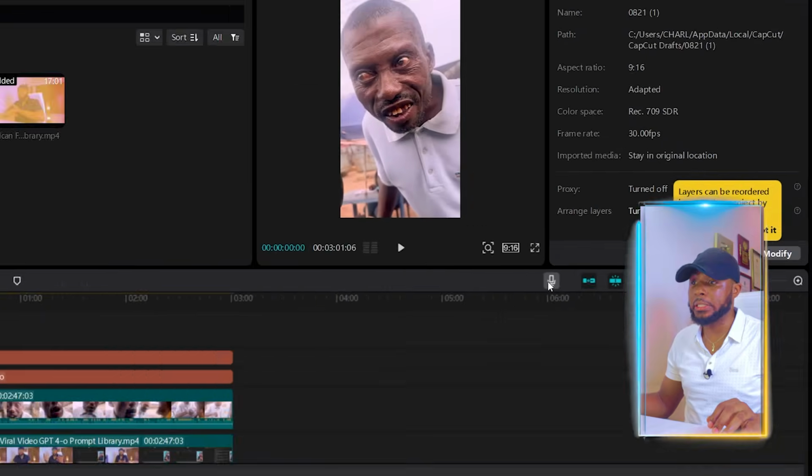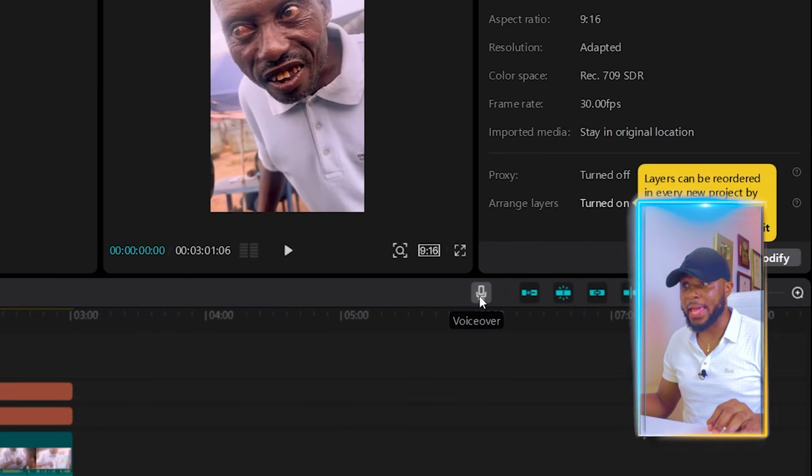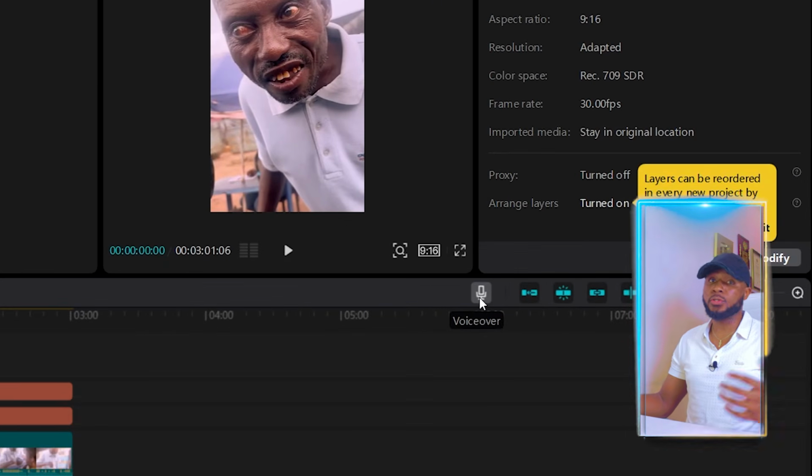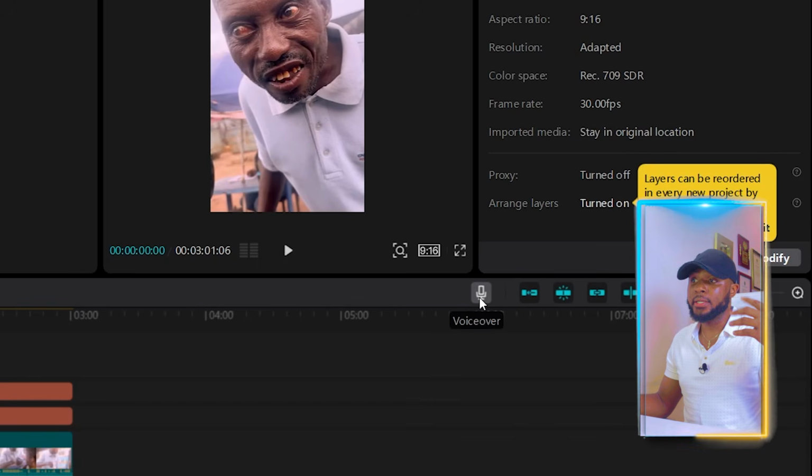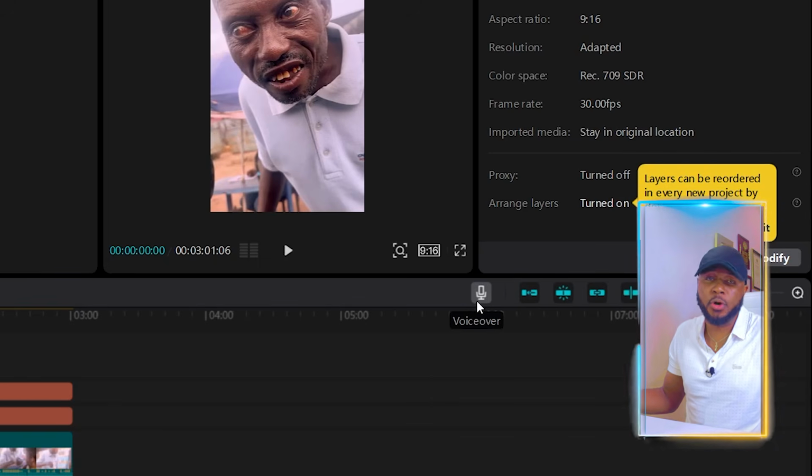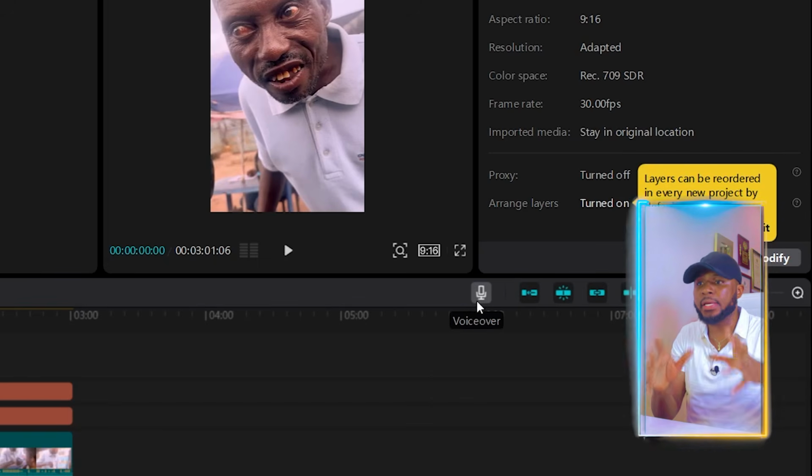And to do that, you can just use the voice recorder on your mobile phone to record and then slap it in here. Or you can record it from CapCut directly. And to do that, all you have to do is to click on this voiceover icon here. If you click on the voiceover icon, you can start talking. And here, you don't have to really say much. You can just do an intro, like the same thing that we wrote here.